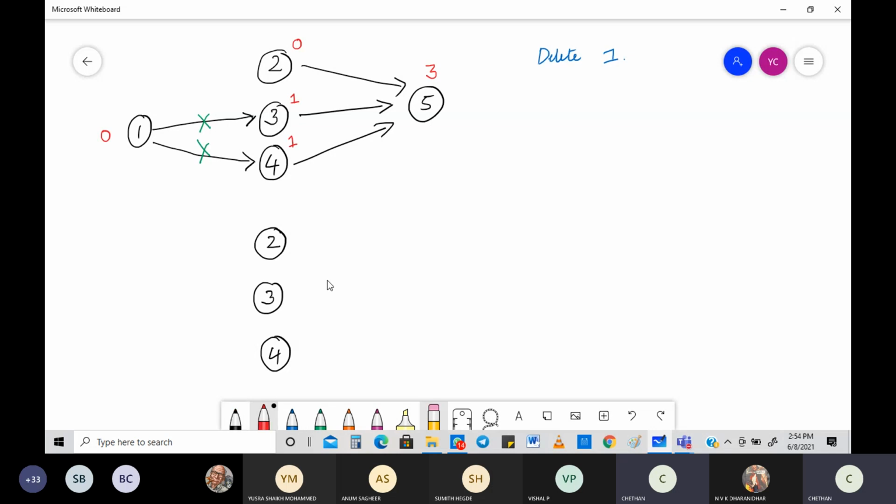And what is the in-degree for each of these? Again, you need to write the entire graph without the edges that are deleted. So this should be like this. This is like this. This is also like this. Now be careful with the way you're writing it. Now you see the in-degree of 2 is 0. Then again 3 is also 0. Then again 4 is also 0. See, everything is deleted. Then again for 5, it is nothing but 3.